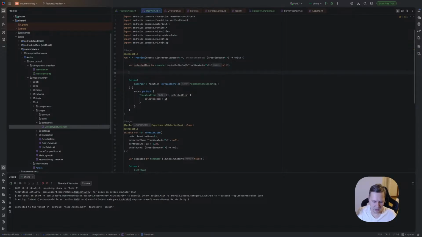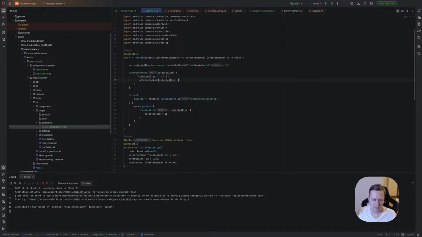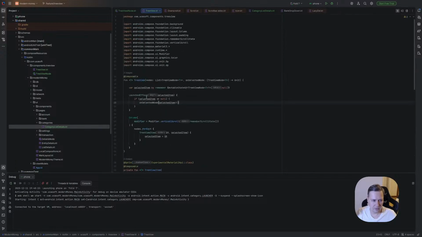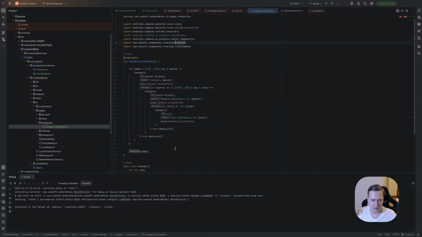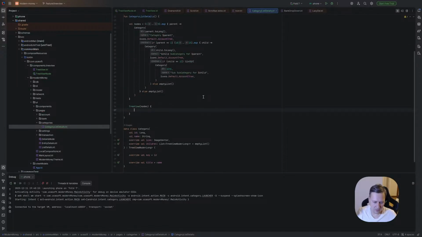So what we can do, we can use LaunchedEffect. Use selected item, and if selected item is not equal 0, call selectedItemUp. Okay, and then where we're using it, we should do nothing. We can println here and print the node, so we will be sure that it works.